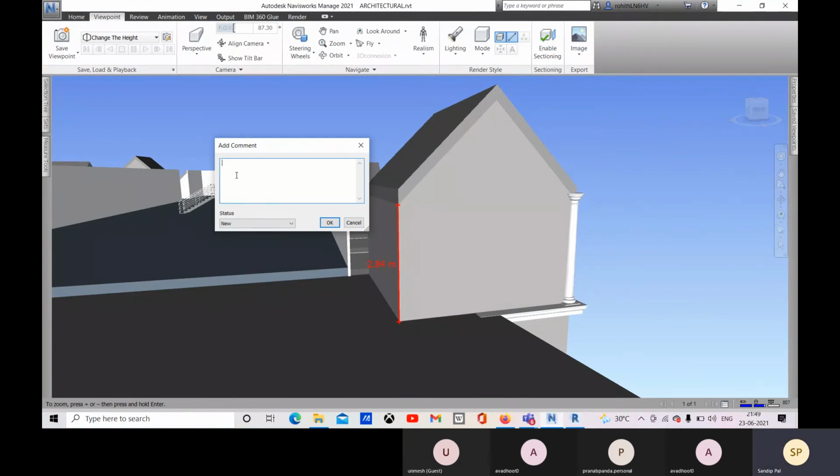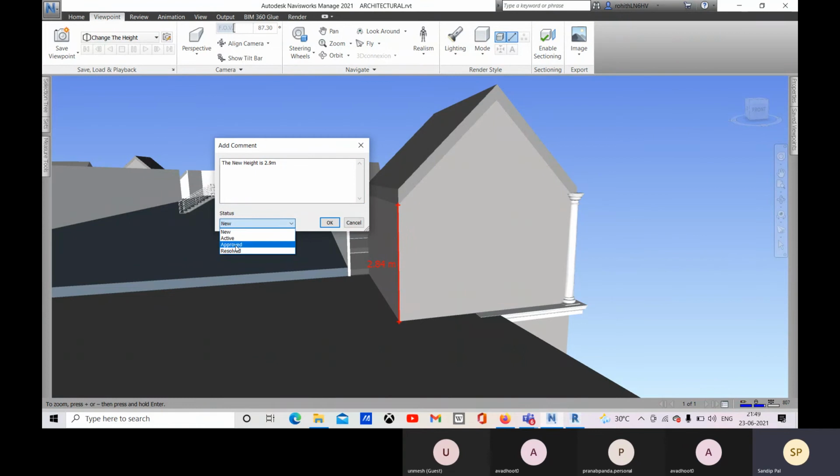So here you can add any comments like, new height is 2.9 meter, suppose. And this is the new status or active status.